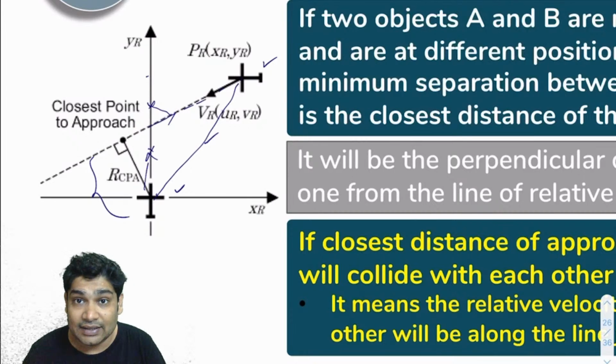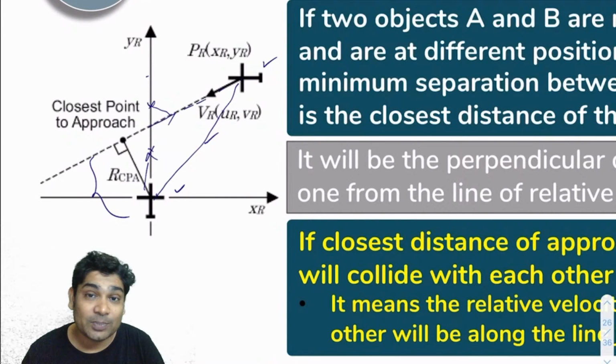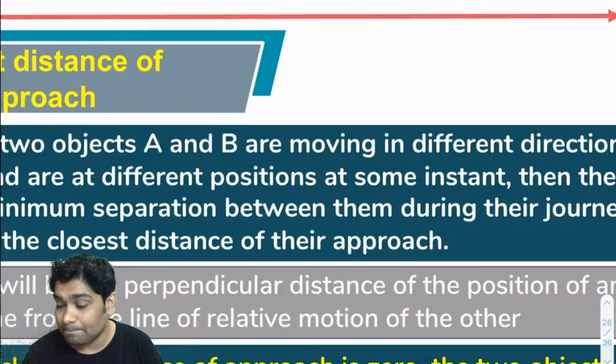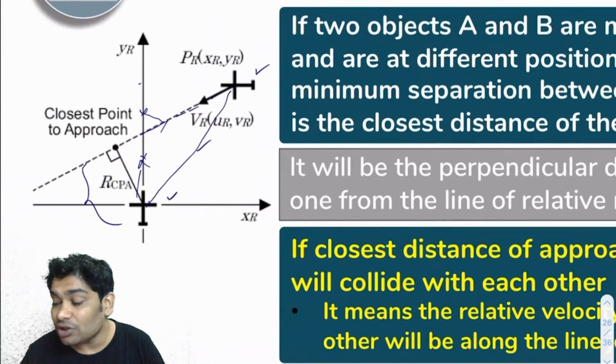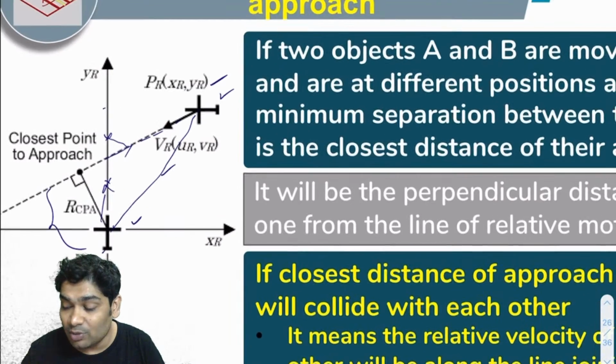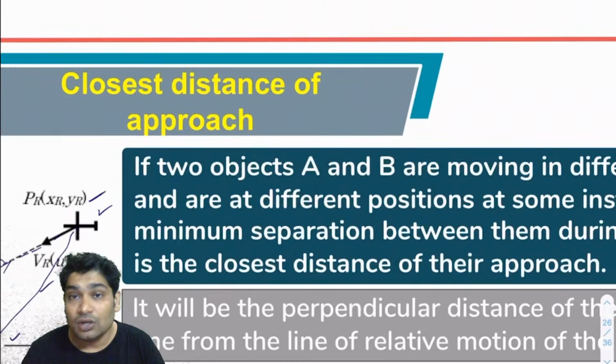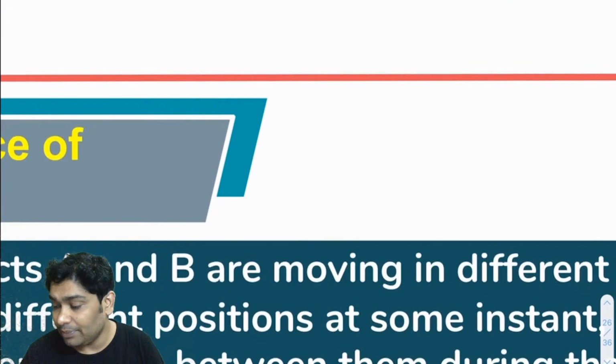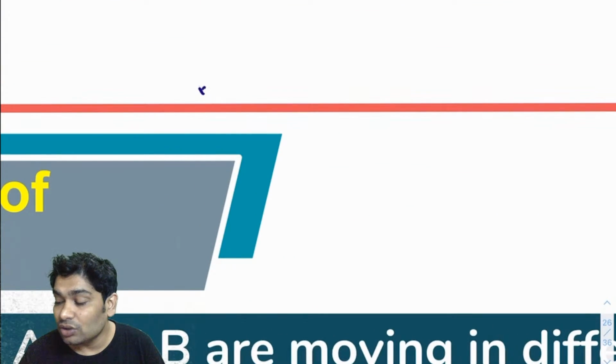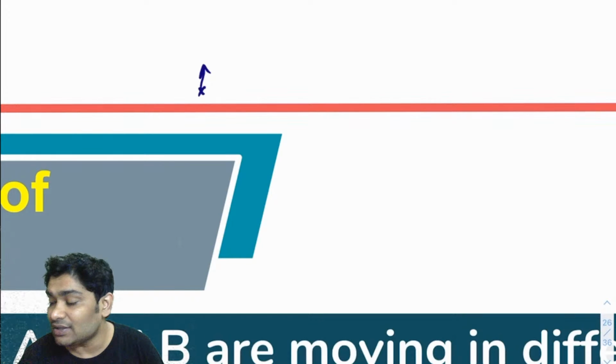The easier method is that you watch the motion of one with respect to another. So when you are watching the motion of this with respect to this, it appears to be moving in this direction. So an example here: let's say this one plane is moving like this, another plane is moving like this. So what I can do is,